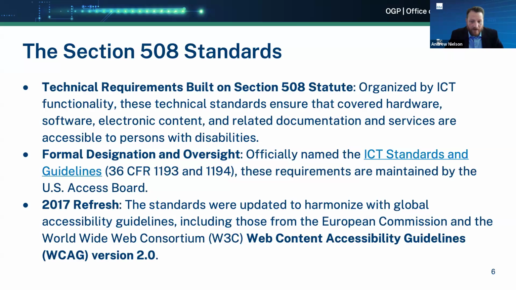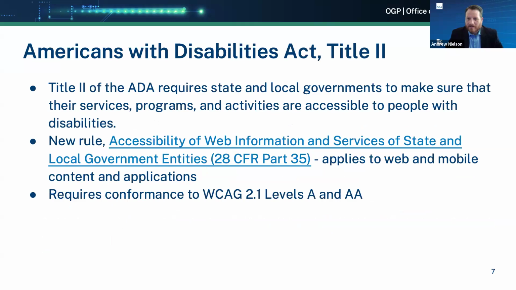And in 2017, that went through a refresh. The original standards, defined all the way back in 2000, and becoming in effect in 2001, were based on the first version of the Web Content Accessibility Guidelines, but it did not incorporate those by reference. It restated them in the original standards. But in 2017, the Section 508 standards were refreshed. The regulation was revised and adopted by reference the Web Content Accessibility Guidelines version 2.0, levels A and AA. And that will come back when we talk about now the Americans with Disabilities Act,